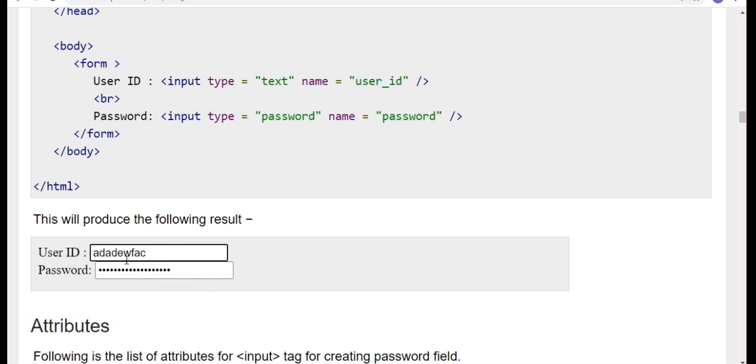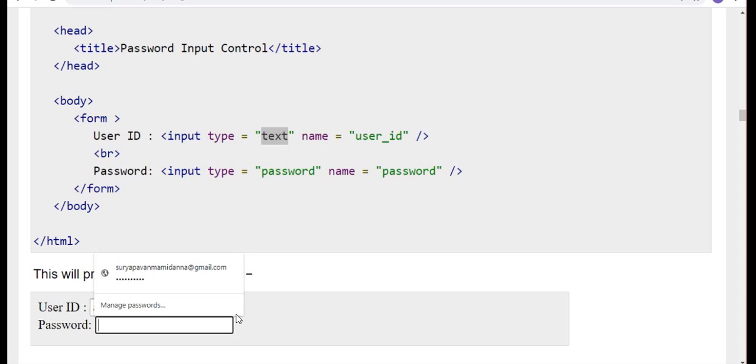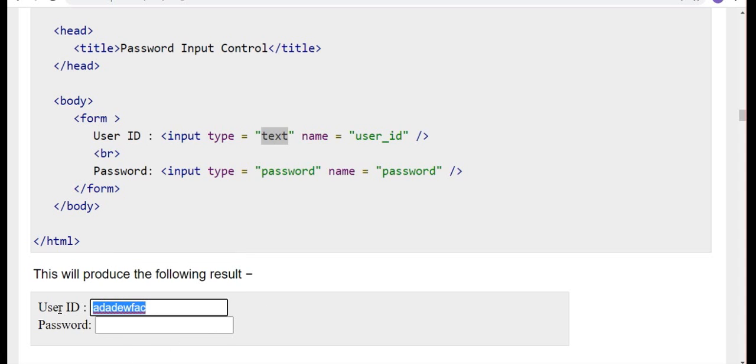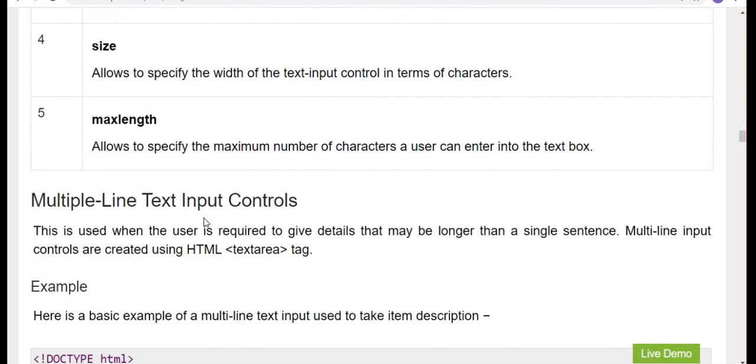Second type, password will be invisible, that's what you have to specify. This is label, and here input type equal to text. Here you can insert the text, here also you can insert password. Okay, that is the thing. So type, name, value, size, maximum length.